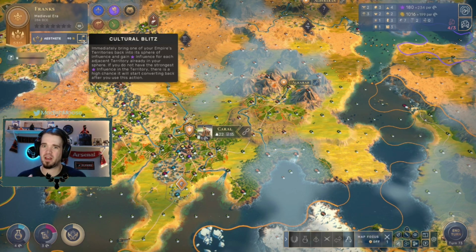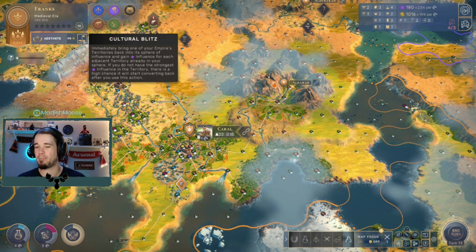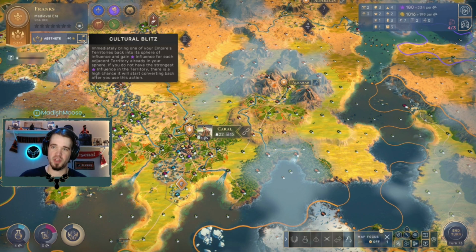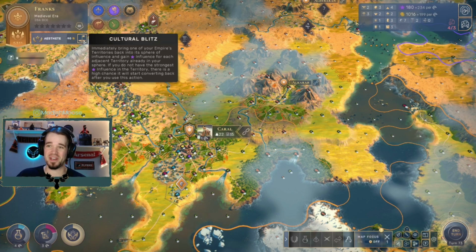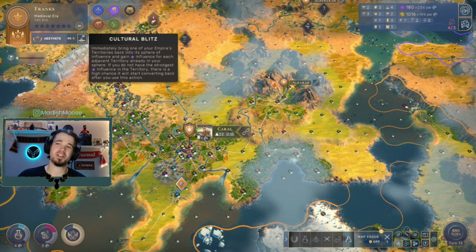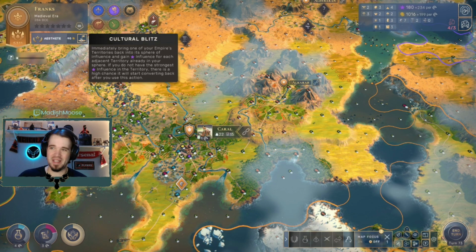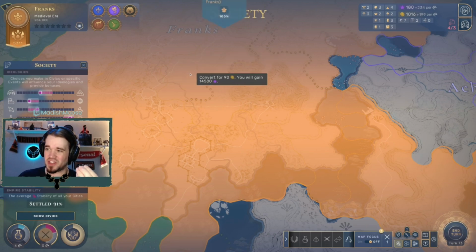Okay, so we want to pick the most central territory to our sphere to see the maximum value of this particular ability. We're going to use this ability right now because, again, thank you for reminding me in the comments, this ability is completely ridiculous. For the incredibly expensive cost of 90 gold, we're going to use our ability, Cultural Blitz. And look, for 90 gold, if I select this territory right here, I will gain